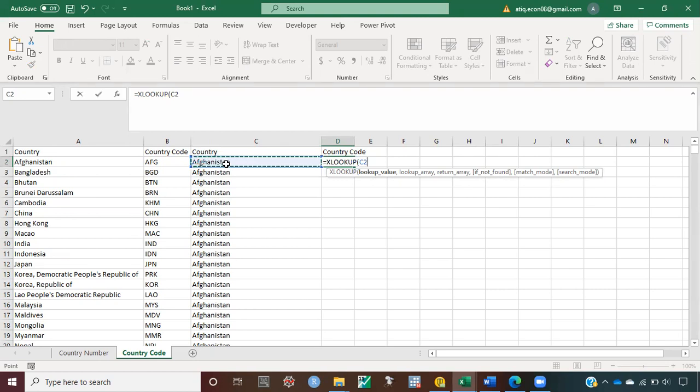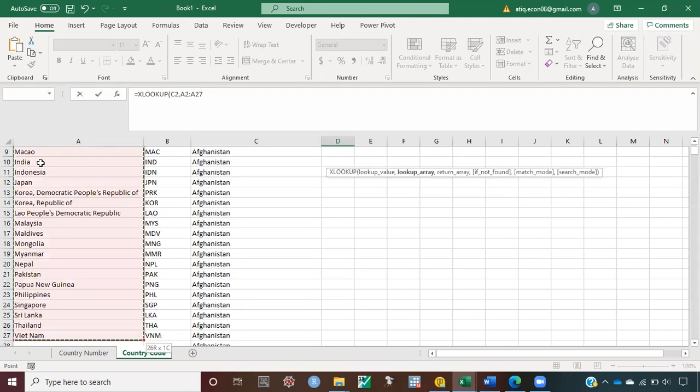and now you need to choose the country. I want to get a country code for this country. After that, put a comma, and then choose the range from which you want to match this country with the country from that range of cells. I'm just choosing that one,